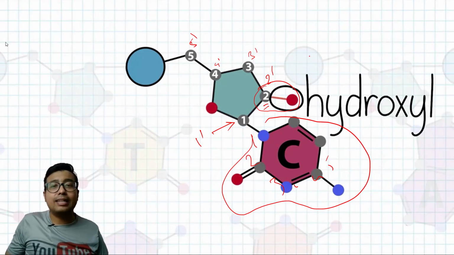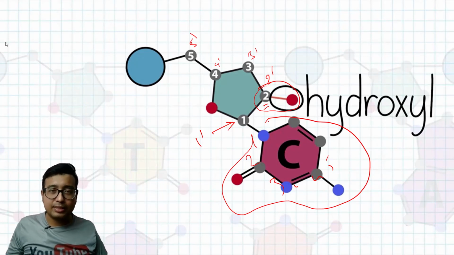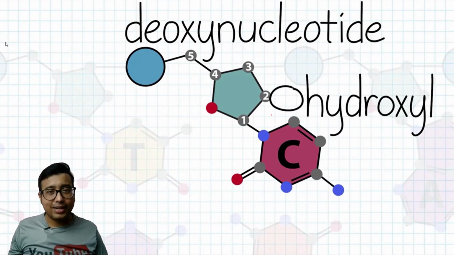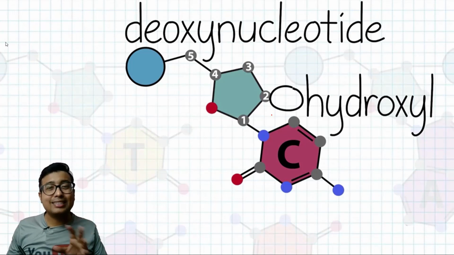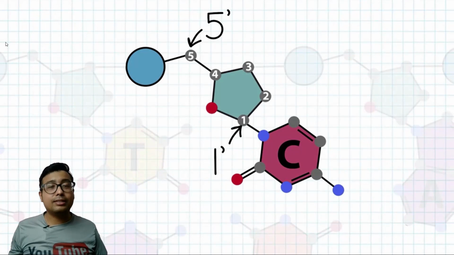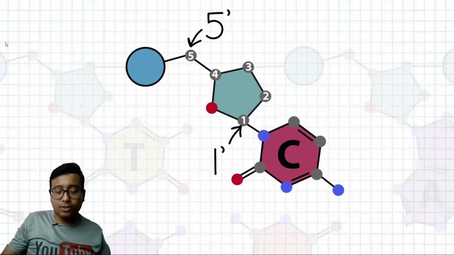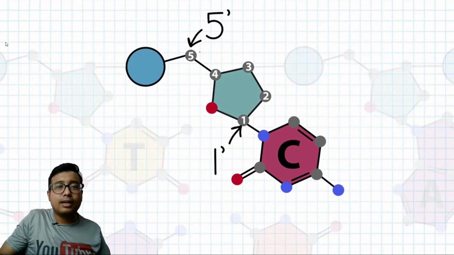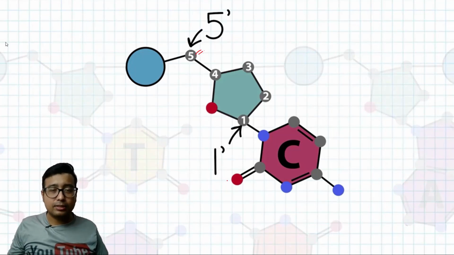So in case of DNA, it is devoid of a hydroxyl group at the 2 prime position. So it is a deoxynucleotide, alright. It is a deoxynucleotide, and this is deoxyribose. Compared to ribose, ribose has got a hydroxyl group in the 2 prime position, right? Now, as I told you in the earlier slide, if we start to number from this carbon atom, we will end up in a 5 prime position.